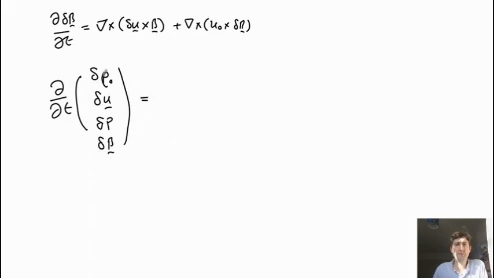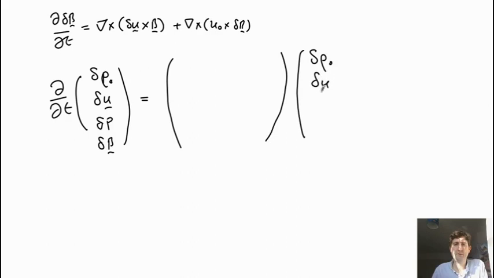And the time derivative of all of these is a big operator, which all consists of things like curls, multiplications, and these can all be written as a big matrix, which I won't write out here because it basically consists of all these terms here, operating on delta rho, delta u,